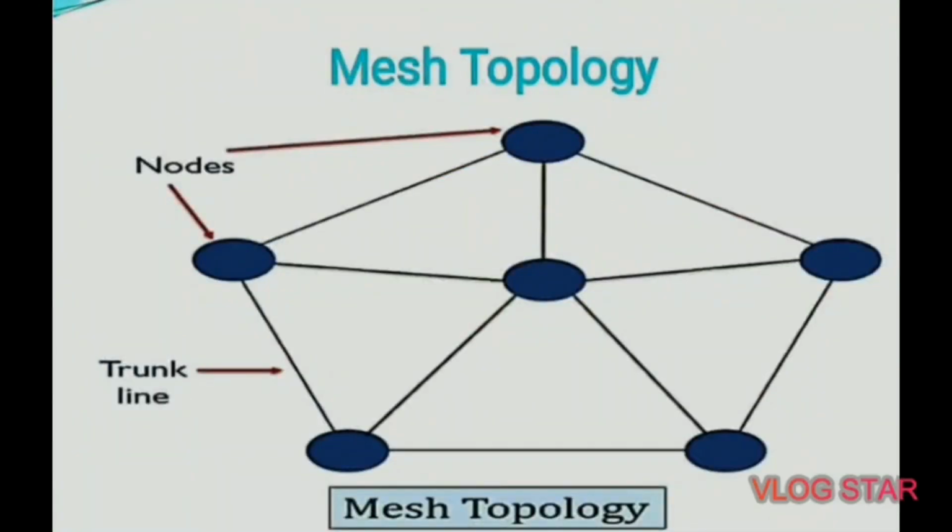Last is mesh topology. In a mesh topology, an arbitrary connection is formed between the nodes in the network. This point-to-point connection can be changed according to the application. This shows the flexible nature of mesh topology, as in case of failure of one node, others can be used for signal transmission.